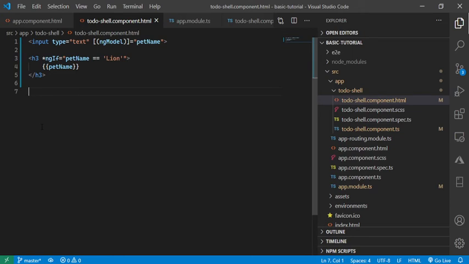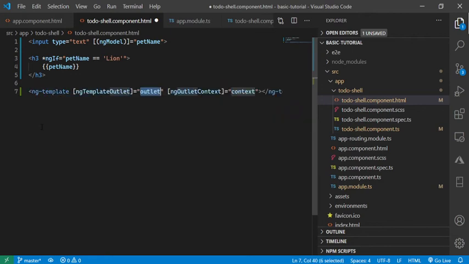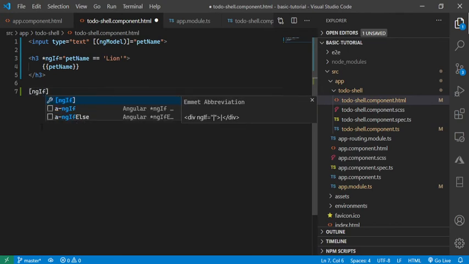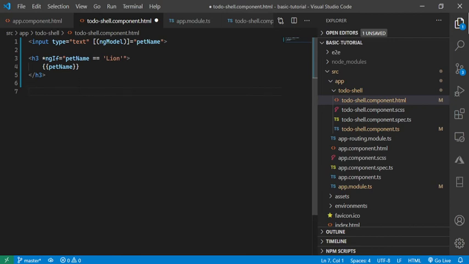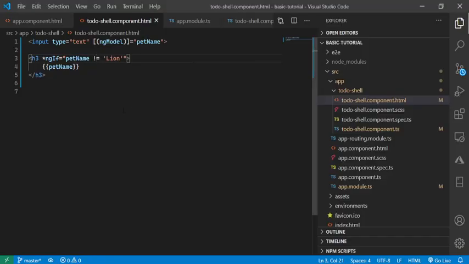Basically, literally what it will have is some ng-template, for example like this, and inside that it will have ngIf like this. To make it easy, they created the syntactical sugar syntax here like this, star ngIf. For example, if I want to change the particular value, I'm just giving not equal to lion. So the condition is always true until we type lion. If I type lion, it will disappear basically. Those kinds of things we can do.